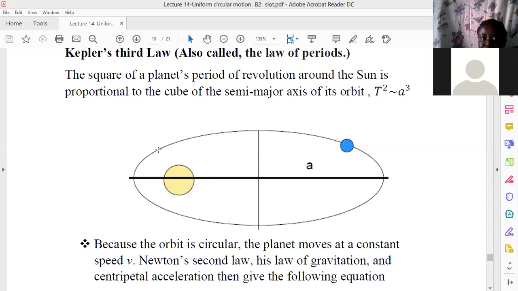So the periods, Kepler's third law, says that the period of revolution, the time it takes to go around the sun, is proportional to the cube of